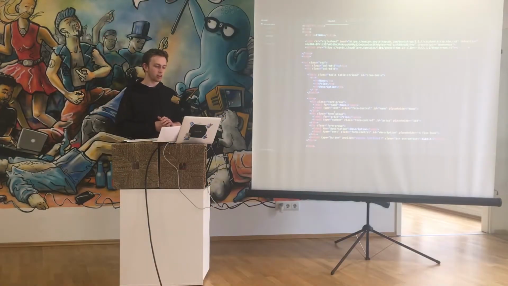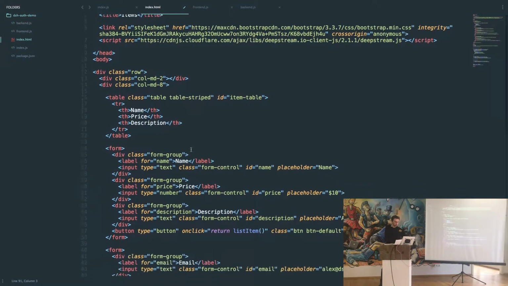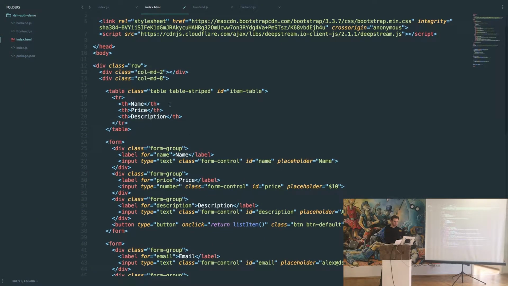Now let's take a look at the front end side of this. If you remember, we had a table showing our items that have been listed. We had one form for creating new items, and we had another form for logging in users. So I'm not going to cover the HTML too much. It's pretty simple. We just have an empty table